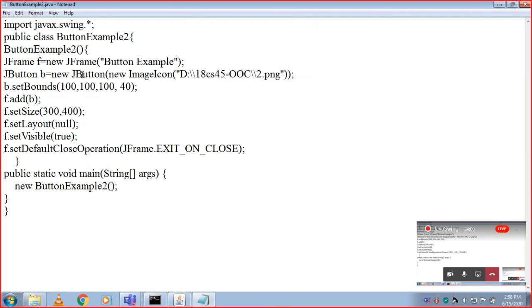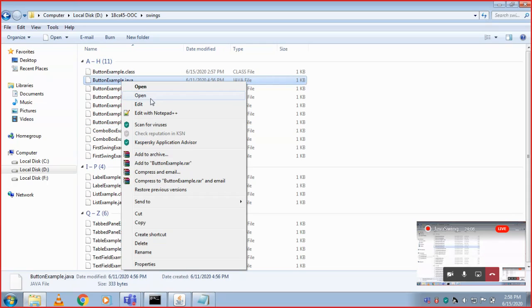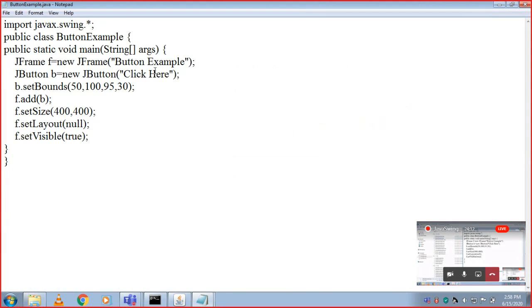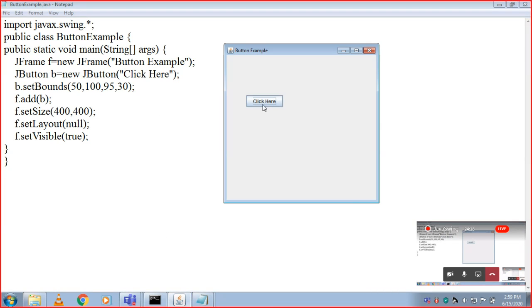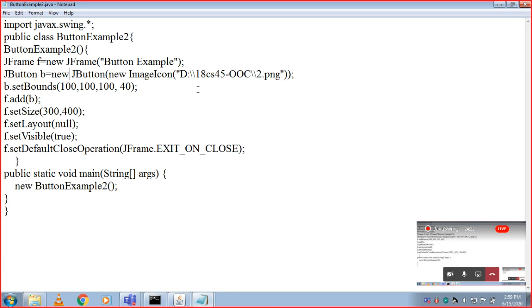While creating an instance of a button in the previous example, we gave a name for the button, Click here, which is printed here. But now, rather than text, we want to have an image in that place.